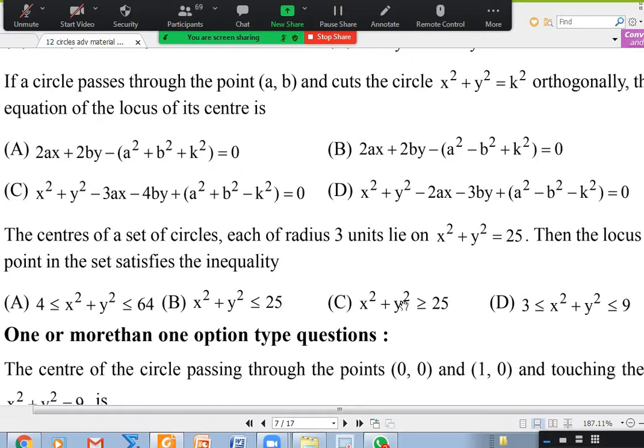Okay, method 1. I want to tell the easiest method first. This is the easiest, very small question. Yes, we will take that point as a point circle and find the radical axis. Yes, you take that as a point circle and subtract. Whenever you want a circle intersecting two given circles orthogonally, the locus of the center is the radical axis. So here you take that as a point circle, and it becomes very easy.